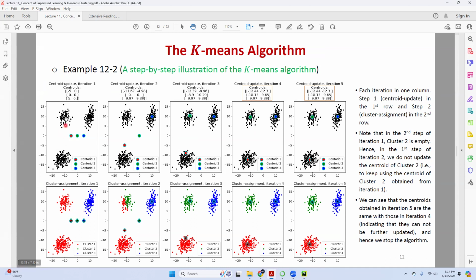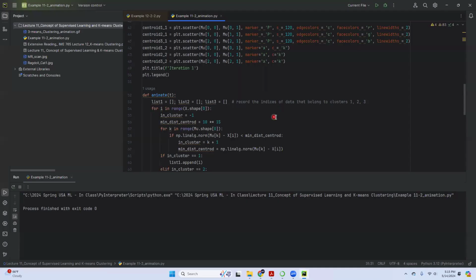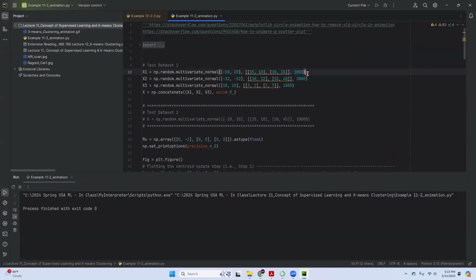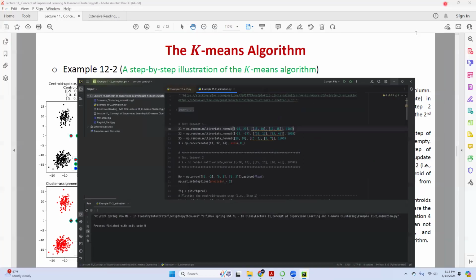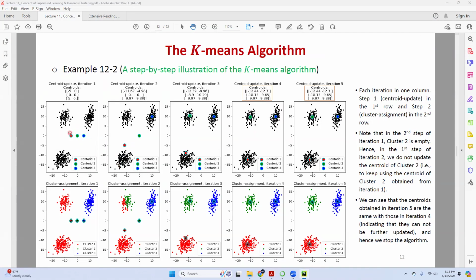So how to assign centroids? For each point, I actually don't know how many points I generated here. Probably several hundred. Let me see how many. Okay, in total about 4,500 points. So among these 4,500 points, for each point I simply write a for loop and ask, which centroid is the closest to me? Clearly for all these points, this one is the closest. For this one also, this is the closest. And for all these points, this one is the closest.